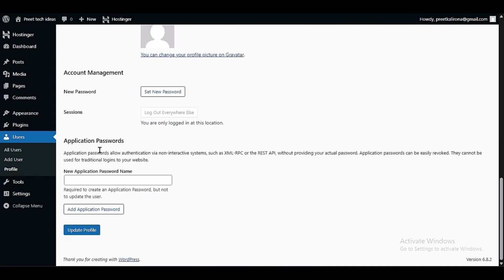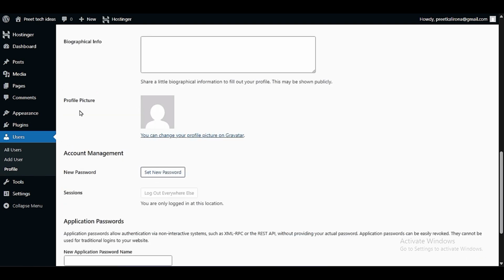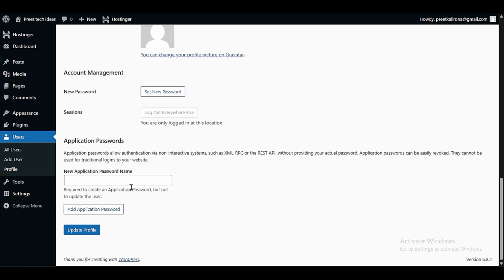You can change your WordPress password here. Enter the option account management, new password. You can set a new password for this particular WordPress. Okay, and provide your profile picture. This will be shown in the front end if you create a new blog post. If you enable meta as author, then it will show your image in the front end. Okay,